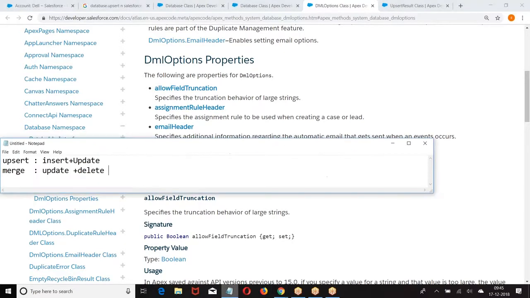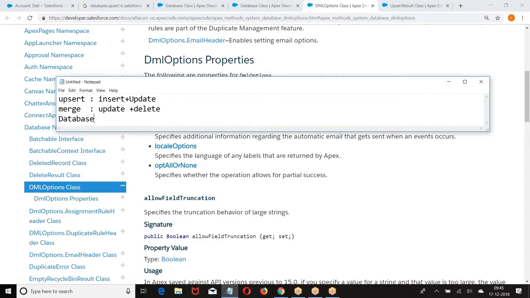Basically, we are making a DML is this. This is the DML. But here we are adding the extra points here. What was the point here? All or none. Or else you want to go for allow field truncation.